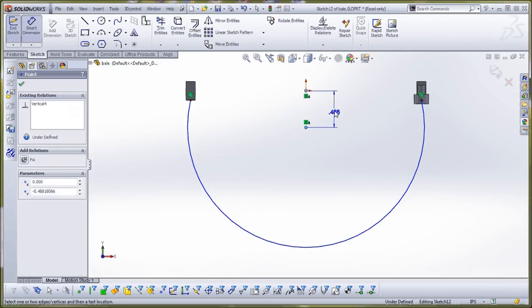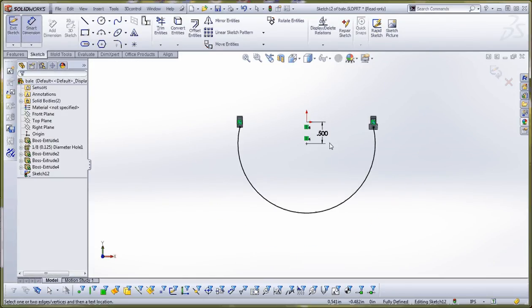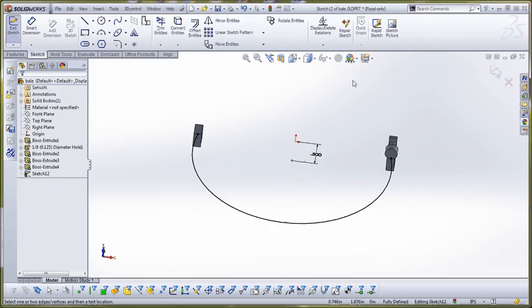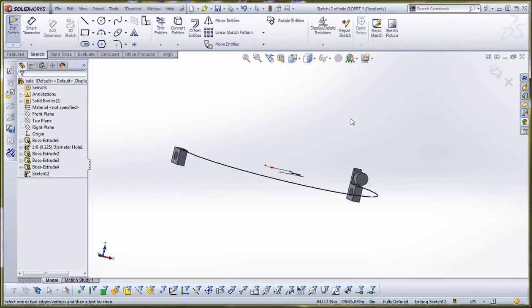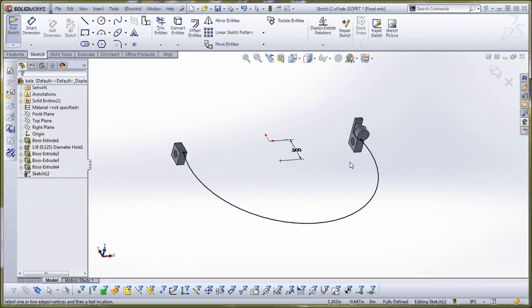Now let's go ahead and put a dimension in there. What we're going to do is kind of lock this up a little bit. So now we have a fully defined sketch. Both endpoints are defined to the elements that are behind that, those items that you've already sketched. And I think now we can probably do what